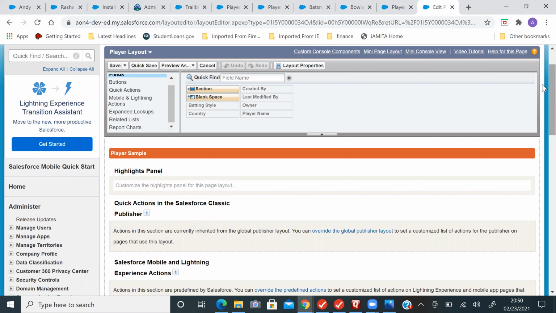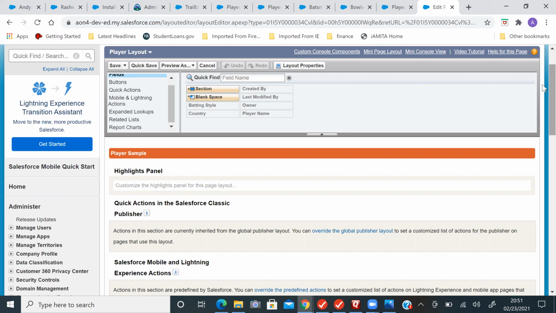In page layouts, we can make a field required. For example, there is a specific requirement from the client: first name, last name, address, phone number, and these should come in some sections. Or there are 10 fields available, like a compensation field, minimum pay, maximum pay, first name, last name.